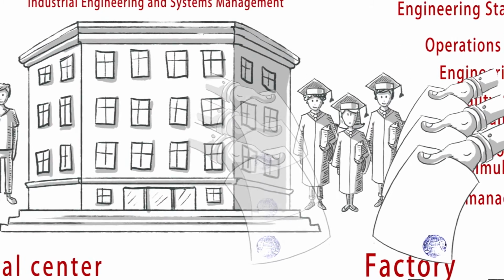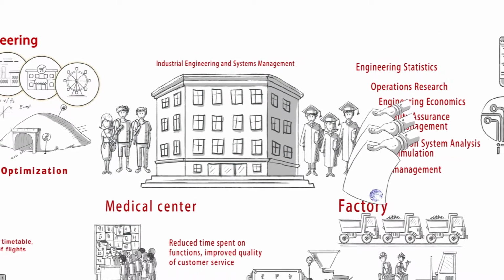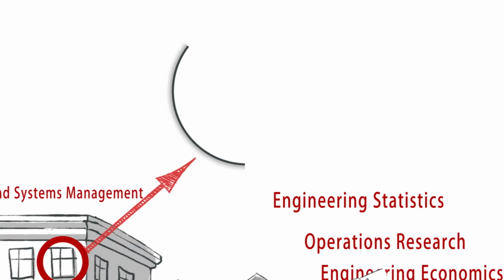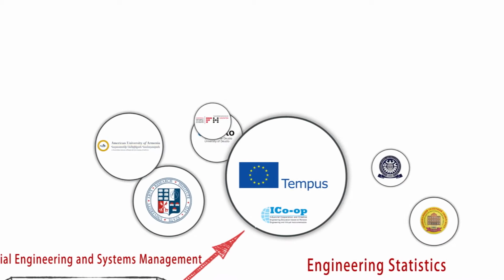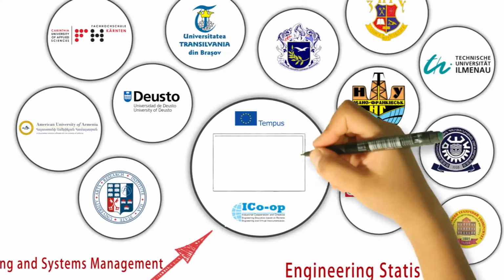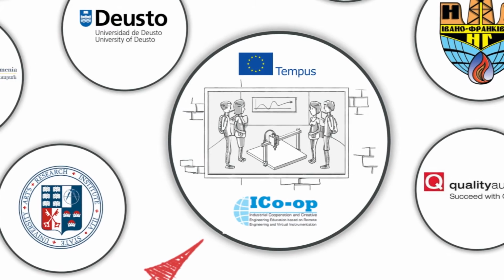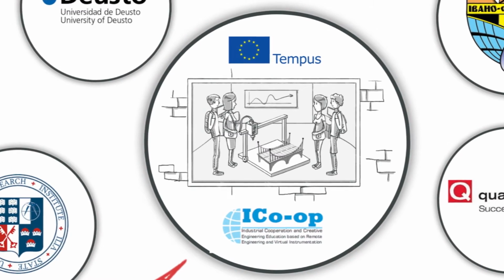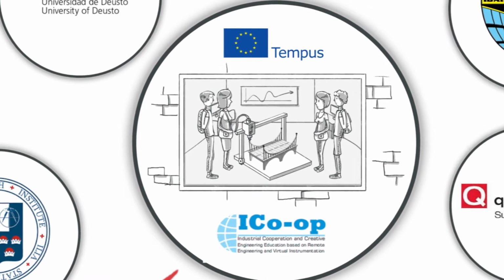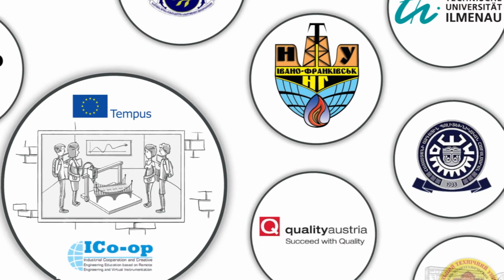An important component of the program are the educational and research projects run here. 12 European universities are involved in a project funded by the European Union Tempest program. As an outcome of this project at the American University of Armenia, a lab equipped with remote control equipment is accessible via the internet. The equipment can be remotely controlled online and followed worldwide with the help of web cameras.